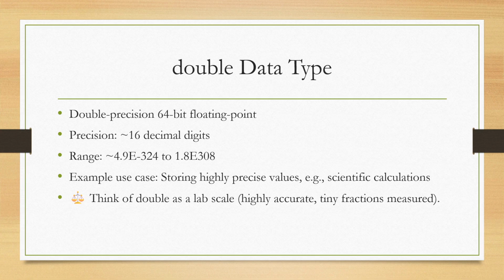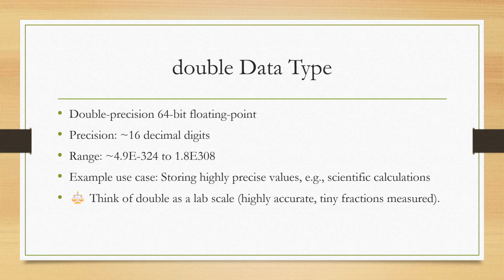Now let's talk about double. Double takes 64 bits of memory. It is called double precision, meaning it can store about 10 decimal digits accurately. Its range is from 4.9e-324 to 1.8e308. Again, in simple words,